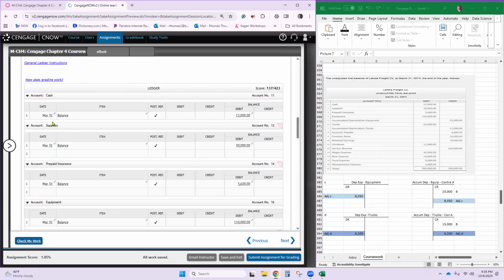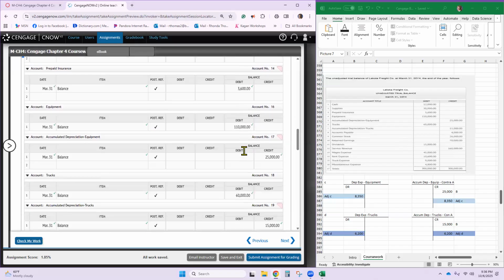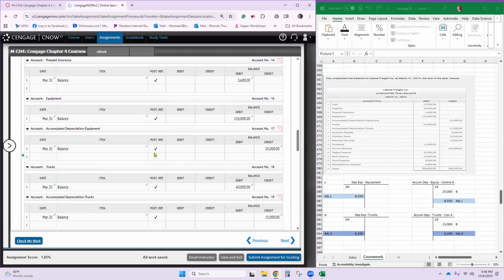All right, so let's make sure we've got dates and all the ones we have over here and the right balances and the little check post reference. And this is posting it from basically this unadjusted trial balance. We're making sure it gets posted in here. This would already have this. If you were really running these books, these balances would actually come out onto this.